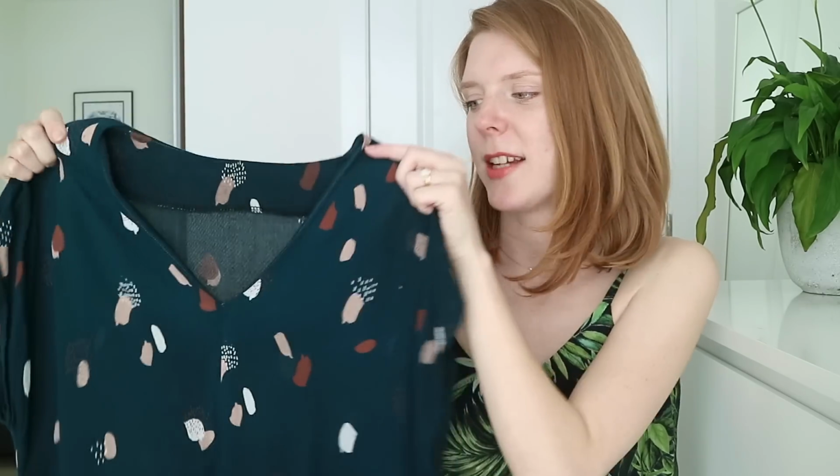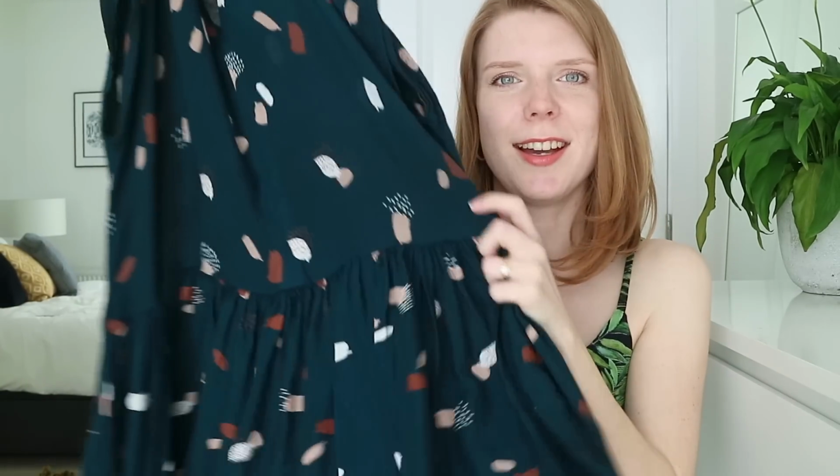But this time I've done a longer ruffle, and it's a totally different fabric, so it obviously gives quite a different effect. So I'll hold it up. I'm probably going to have to put pictures in to show you, but ultimately the top is exactly the same. It's just like a little grown on sleeve. There's no actual sleeve attachment, but it does come down and cover the shoulders. And then it's got a V neckline with a neck facing,